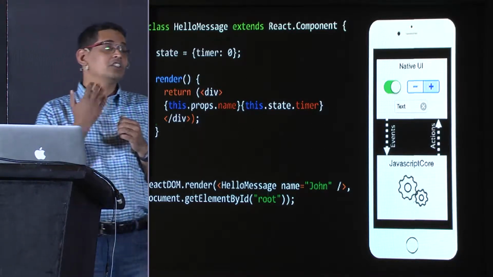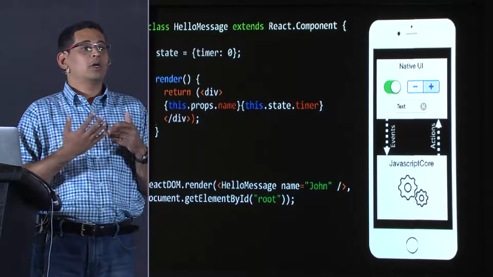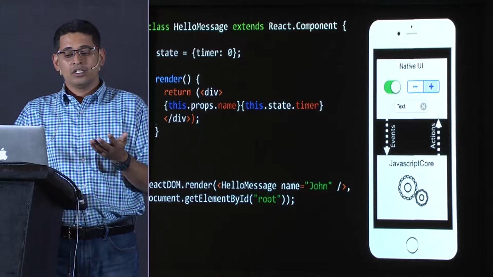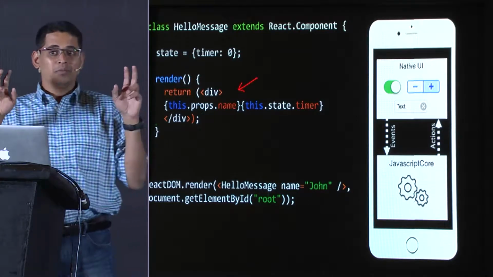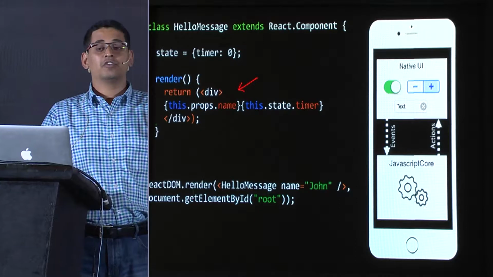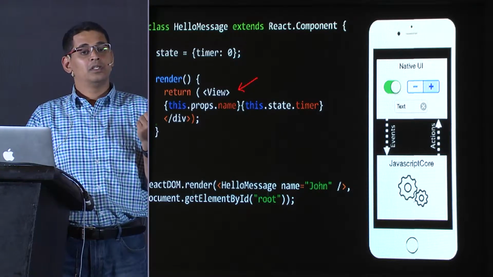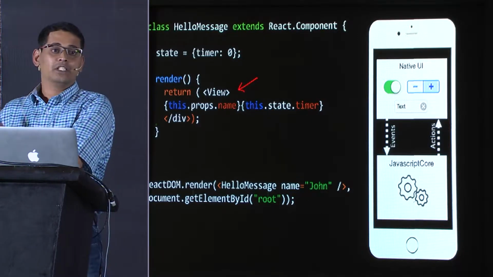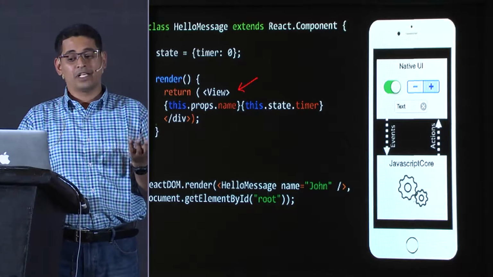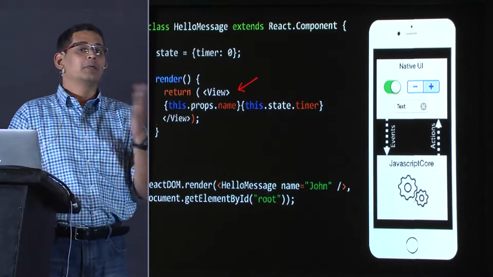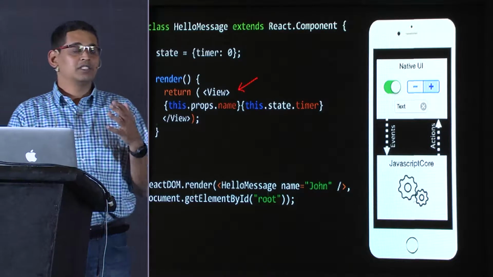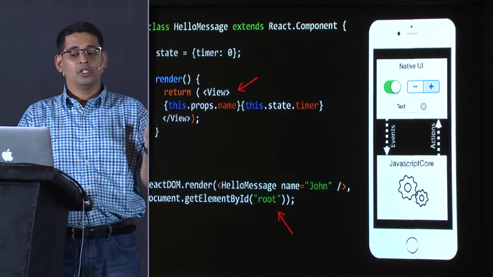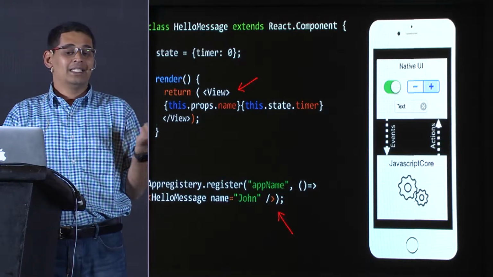Now, the philosophy of React Native is, hey, why should I worry about divs, and why should I worry about the DOM, right? If you look at this code, this is where my DOM coupling comes in. What if, instead of calling it DOM, I called it a view? Now, view could be a div on your browser. It could be a native UI element on the Android or the iOS device. And that's basically what React Native does. It replaces all of your DOM instances with something that's native or mobile specific. And then rather than mounting on top of a DOM node, you mount it inside an application. And that's the beauty of React Native.